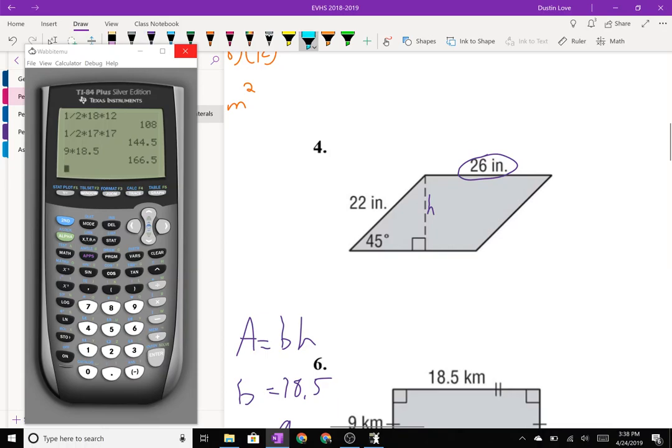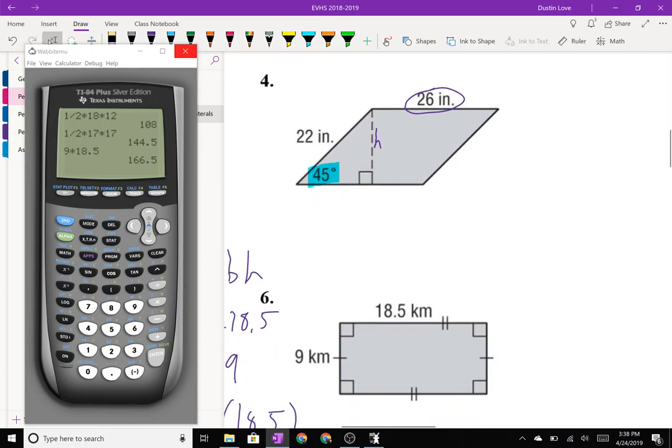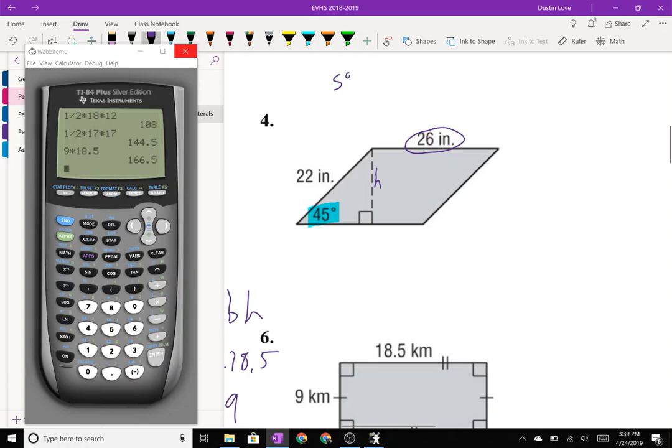However, we are given this angle measure. So we can use our good old friend from a couple of units ago, trigonometry. I know I'm not in front of you, but I know I heard some of you just sigh because you hate trigonometry, but we have to use trigonometry to find h. So I'm going to go ahead and write